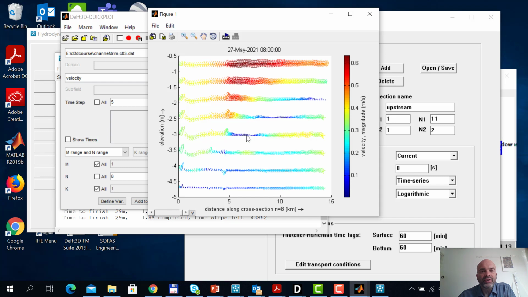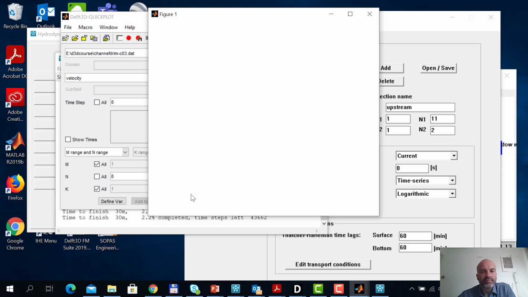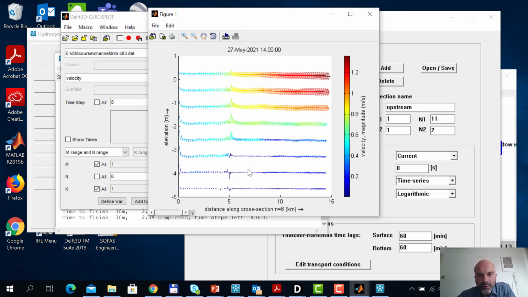It wants to find a kind of equilibrium. But what I already see in this plot is that over the vertical there's quite a gradient. At the upper part there are high velocities, and at the lower part there are very low velocities, and that's